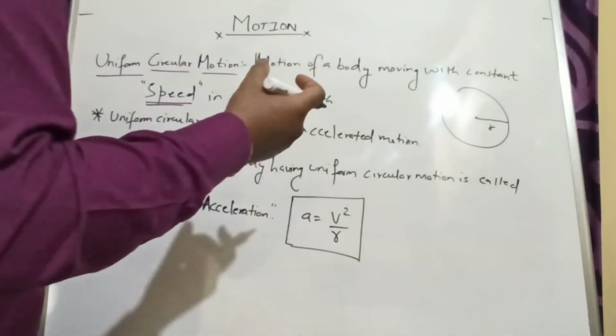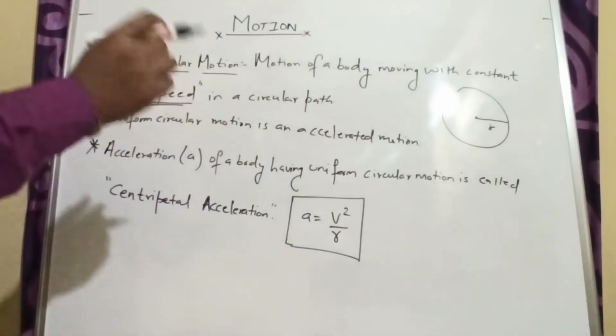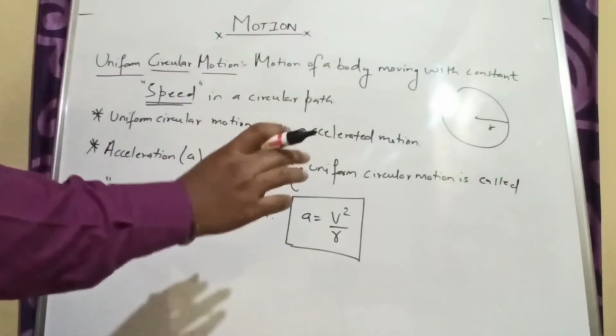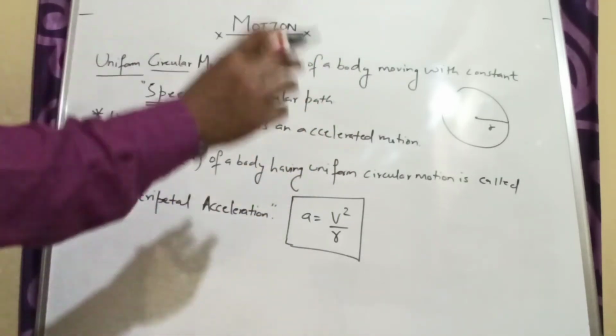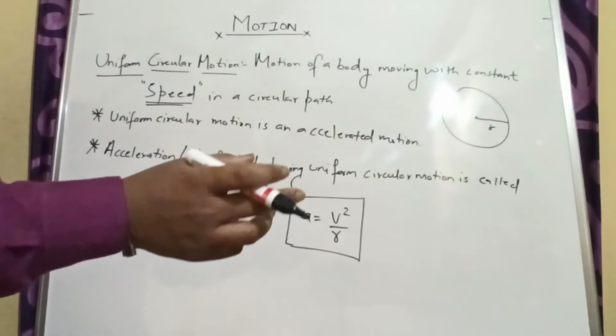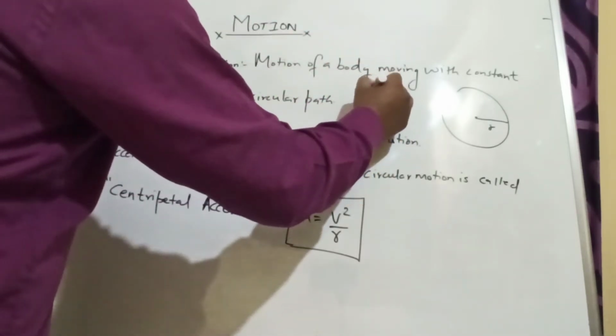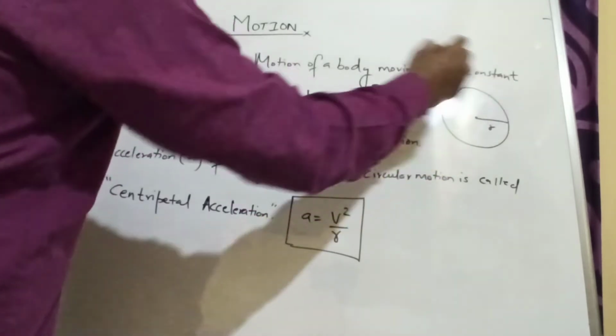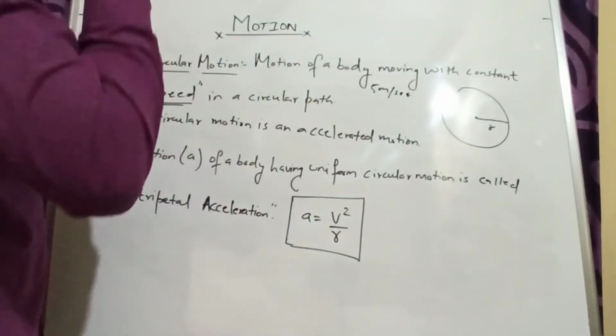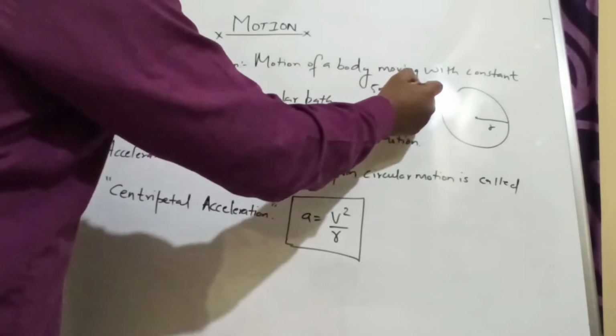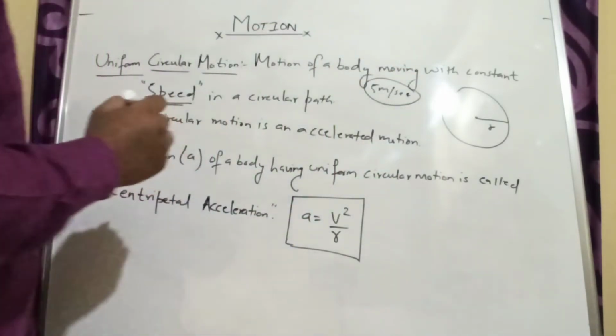And what do you mean by that velocity is constantly changing? See, velocity, as you know, I have already told that it is a vector quantity, right? So it has magnitude as well as direction. Clear? Now the thing is that magnitude, for example, it is 5 meter per second in this case. Okay, so it is possible that this magnitude of 5 meter per second is constant.